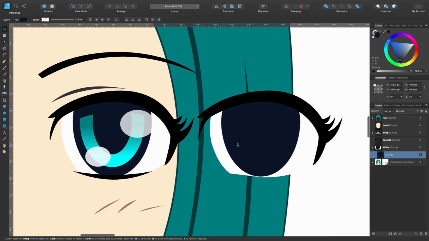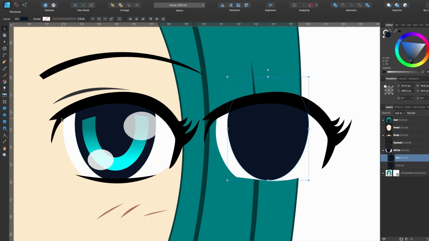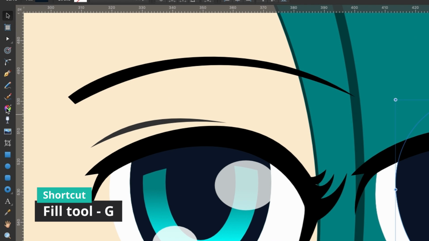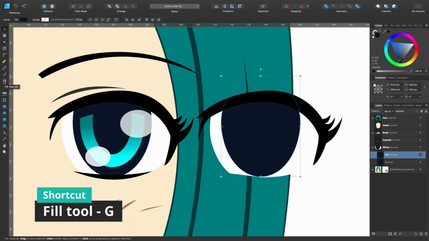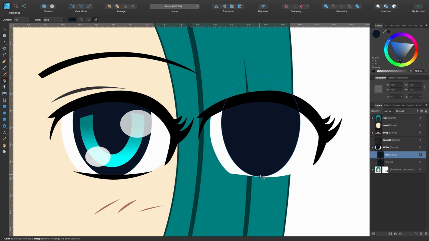So if I just did it by eye, instead of tracing around it, I could probably just press Command J to duplicate the main shape of the eye, and I'll call this one iris, and now we will change the color of it. So we'll head on up to the Fill tool. This will give us our gradient. So I'll click once on that, click on the bottom once going up. If you want it to stay in a straight line, just press Command, and there we go, it stays in a straight line. And I'll leave it about here.